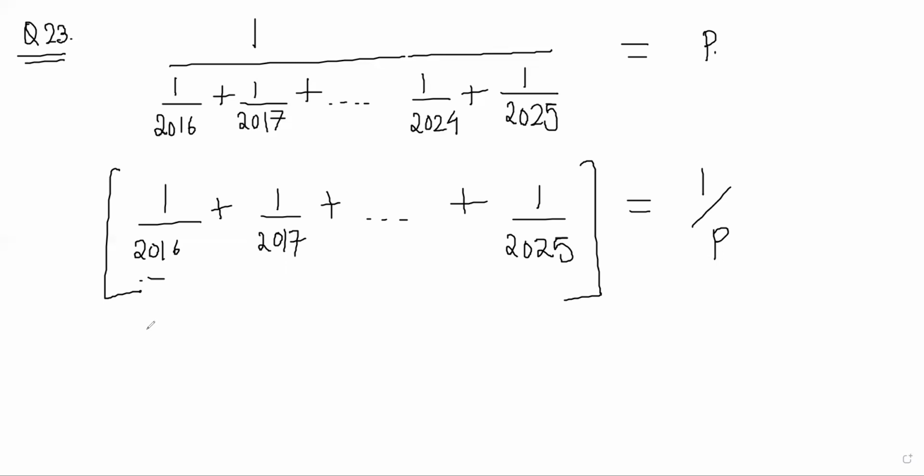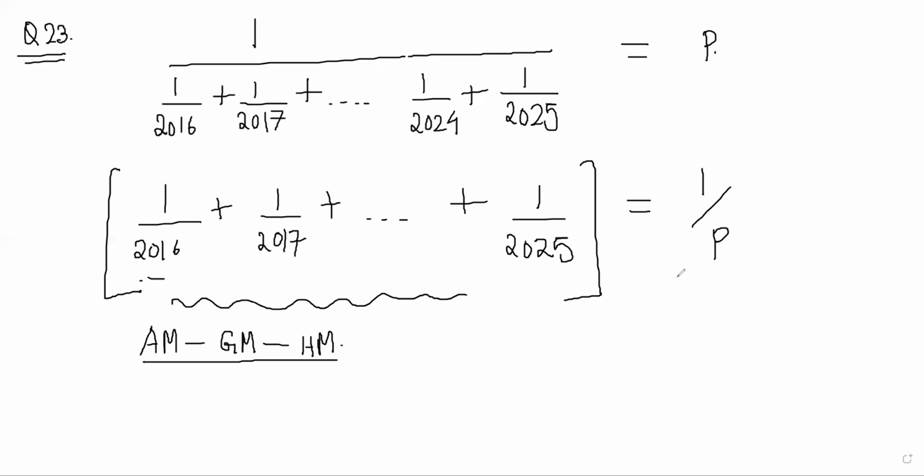What I can say is that this thing, I can apply AM-GM and do approximate stuff, but will that be nice? I mean, anyway, you have to approximate, and in the answer, you have to put some approximate stuff. Yeah. So I know an inequality that is called AM-GM-HM. You know about AM-GM-HM? No? Yeah, I just read about it, and it's in the book.